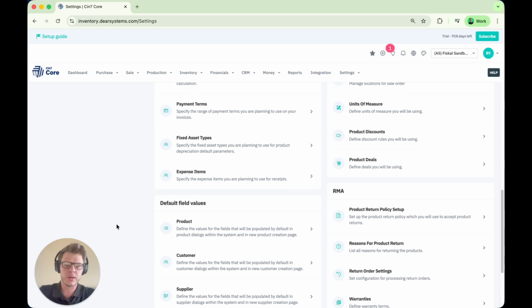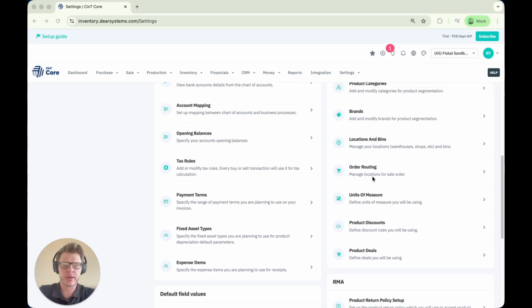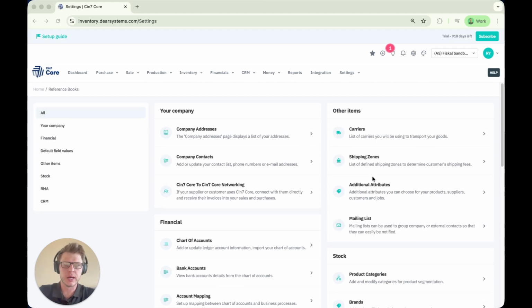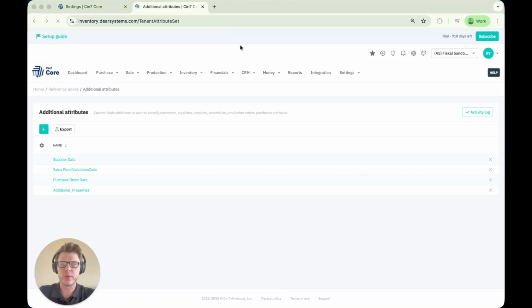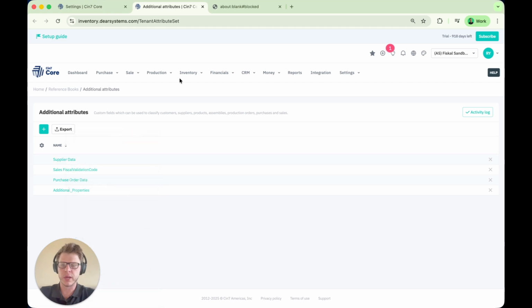Right, then we can look at our other items. Something very, very important is our additional attributes. Here is where we will set up our additional attributes for supplier data, product data, customer data, sales data, and so on. So if we have a look at, for example, supplier data,